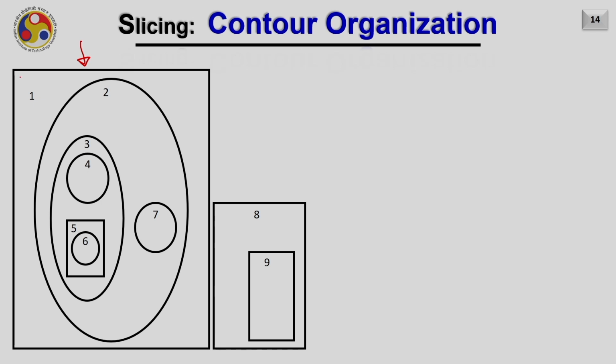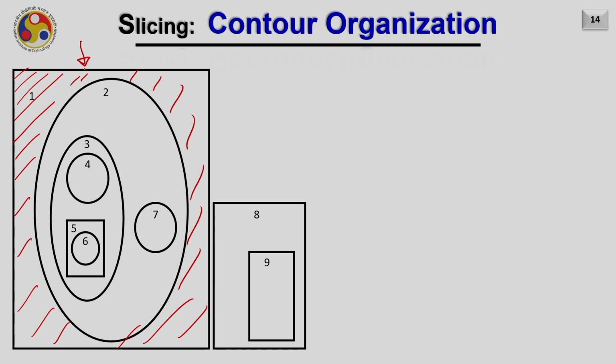Meaning that if I am getting this type of contours, I know that the material will be here and there will be no material here. Again, there will be some material here and there will be no material here. Again, there will be material here and there will be no material here. In a similar fashion, the material will be here and the material will be here.